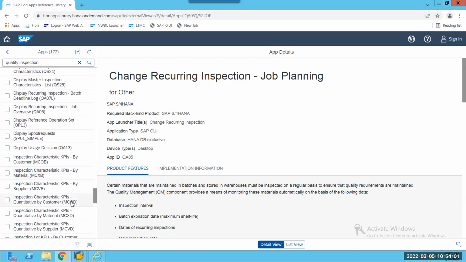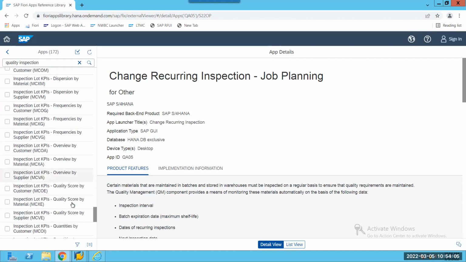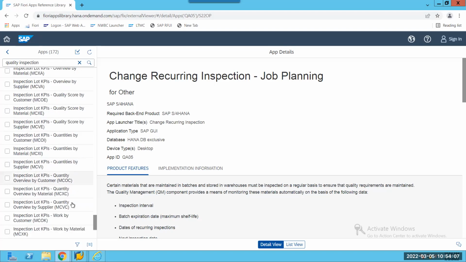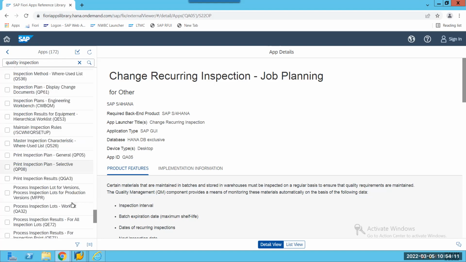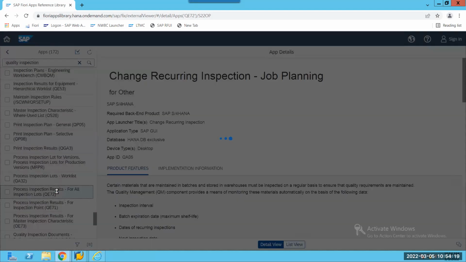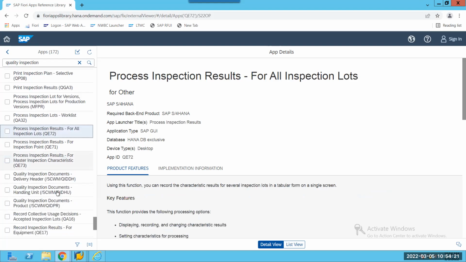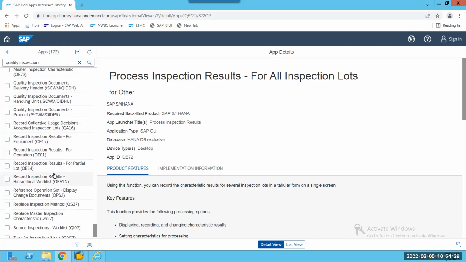Yeah, stop me guys if you find out, because I was looking at display characteristics KPIs. What is the transaction code for that? Anu? Can we search directly by transaction? No, we don't know. That's the reason we are searching. Yeah, I think process inspection for results. Quality. GDPR is not going to work. Record inspection results. Retesting, right?